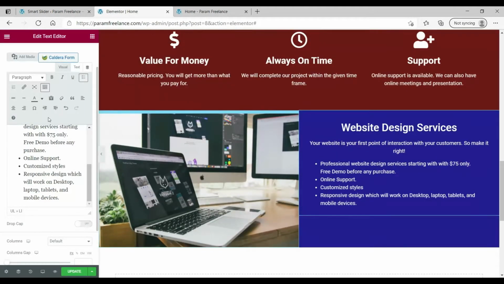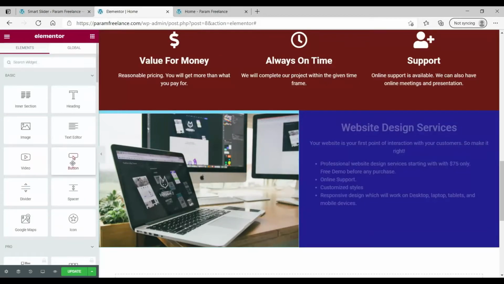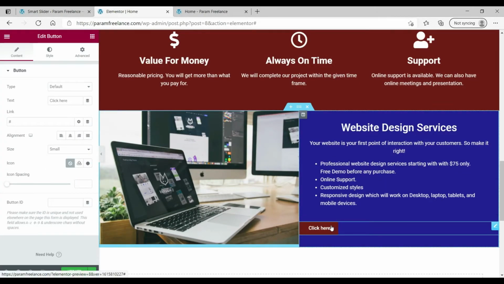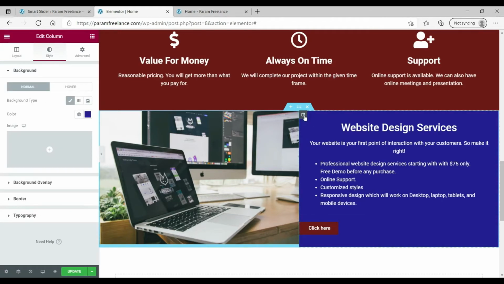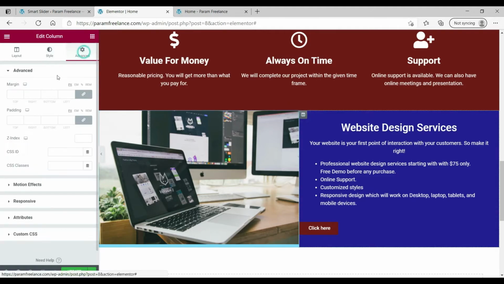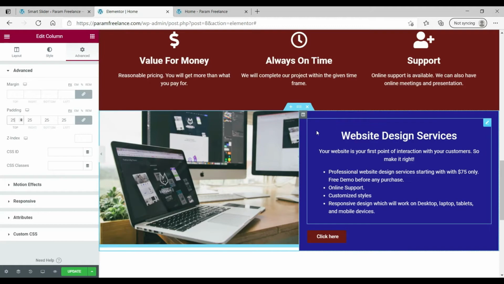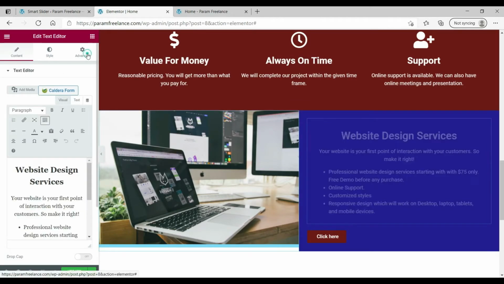Okay, so now we have this one. Now we will add a button there, add button. Now we will add padding to this one also. I guess we need to add the padding to the column, not this text.